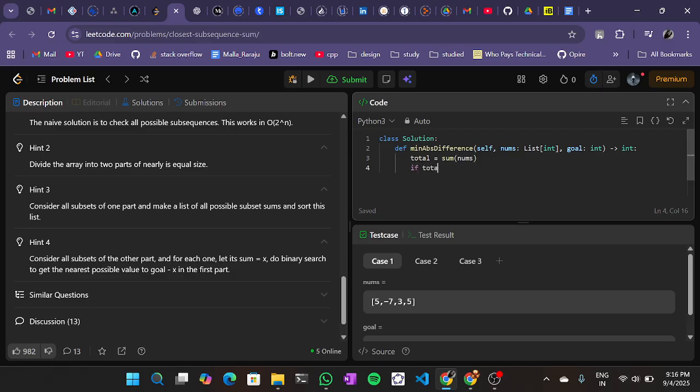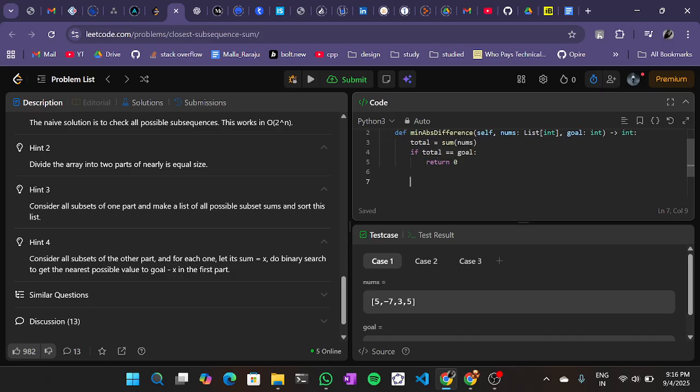If total is goal, return. Now let's sort the nums. After sorting,